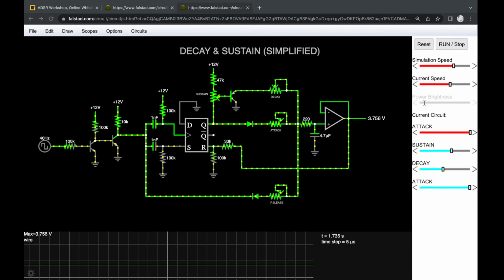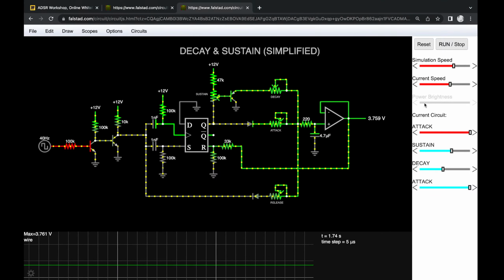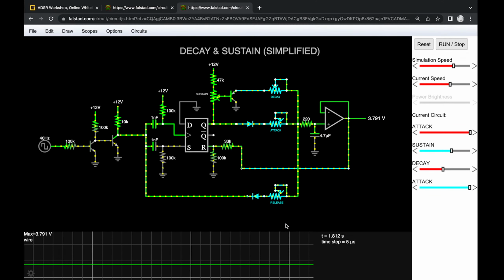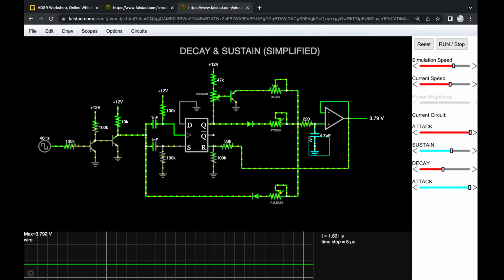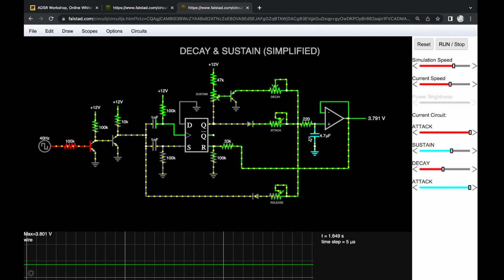Any more questions? Warpix asks, how hard would it be to make all the potentiometer values the same? I kind of hate stocking a bunch of different pots. You can just mess with the value of this capacitor, I guess. You could just make it bigger, right? If you want these all to be 100Ks, you could just make this capacitor bigger, and it should still work